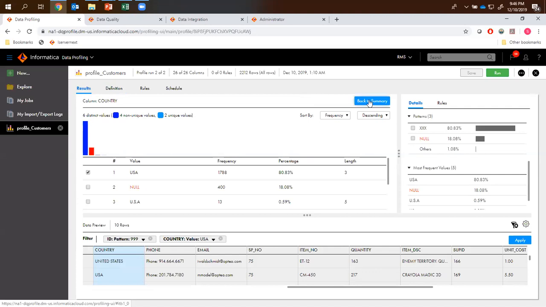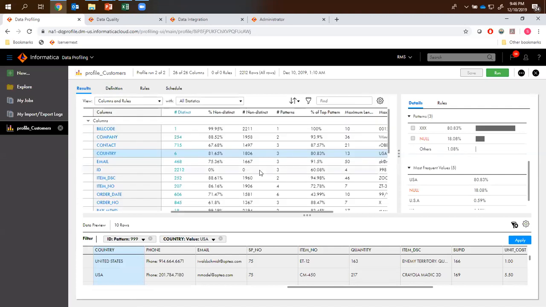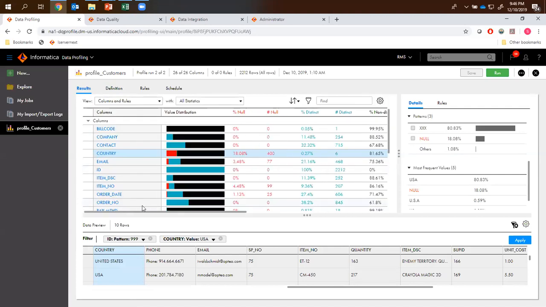So this is the summary page. This is the summary page that you would be able to see when you run a profile task. This page is rich with information that would be helpful for you to implement the business rules going forward. So if you see to the top